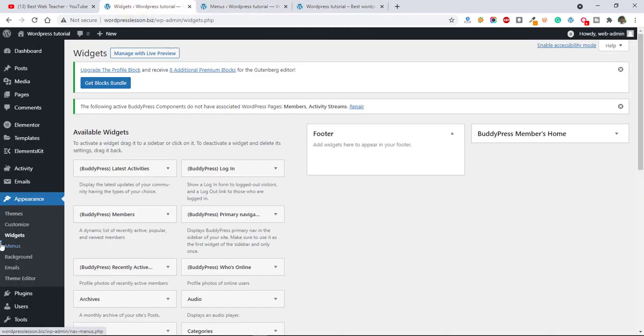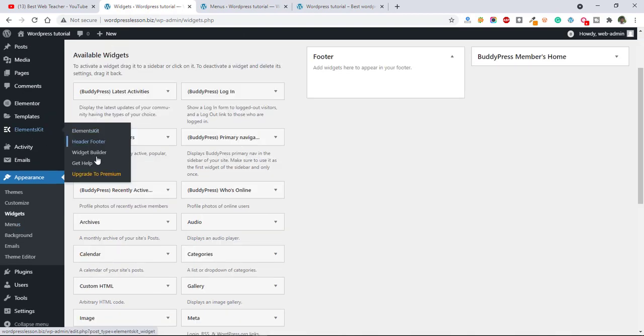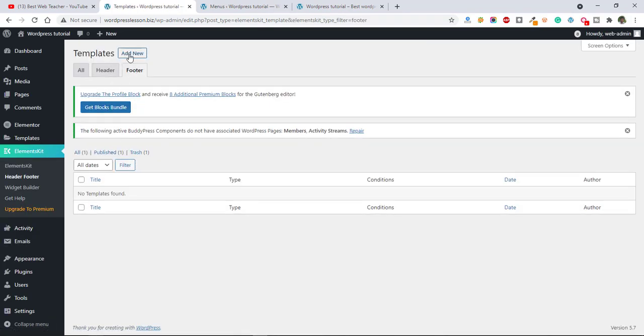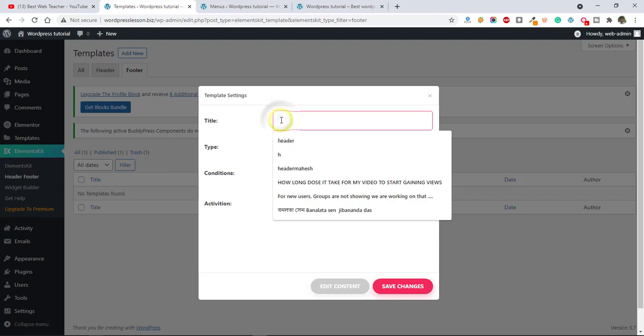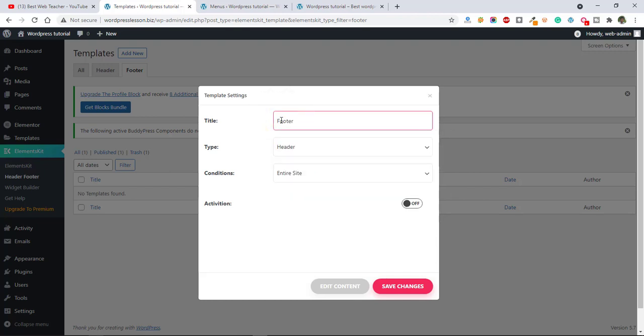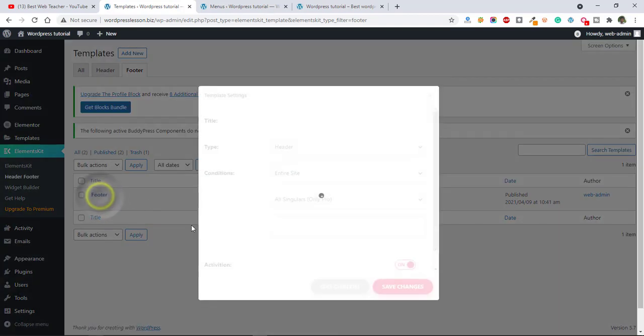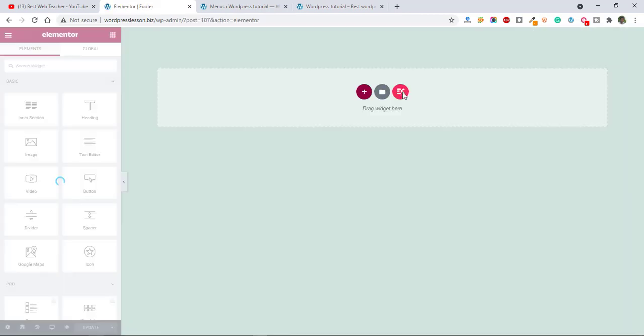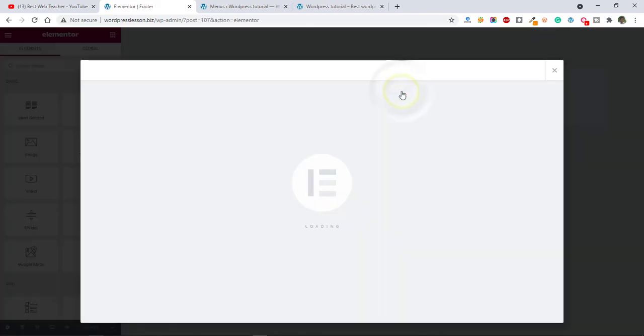Now we are going to create a new footer. Again go to the Elements Kit and click on header footer. Now click on footer and add new. This is the footer, type footer, entire site, click on activation and save changes. After that again click on footer and click on edit content. Now again click the E button